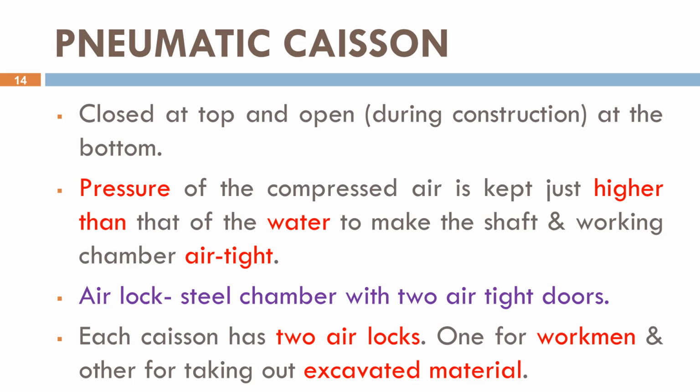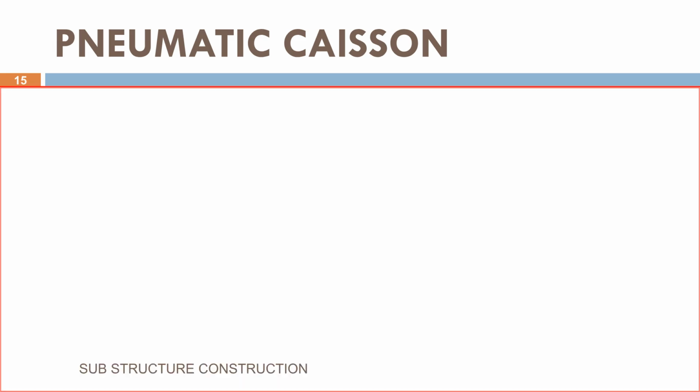Two airlocks are provided, one for workers, another for removing excavated soil. Although pneumatic caissons are very effective for deep underwater construction, they are more expensive and require specialized equipment. This diagram shows the various internal components of a pneumatic caisson, including the working chamber, air shafts, and airlocks used